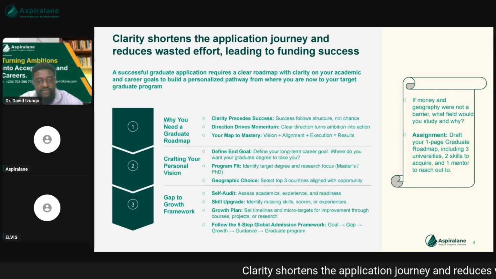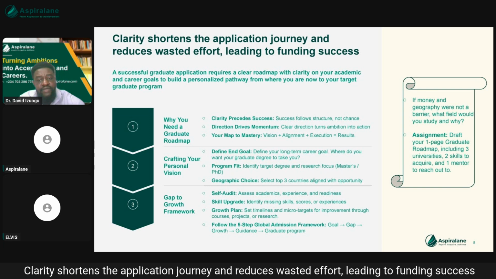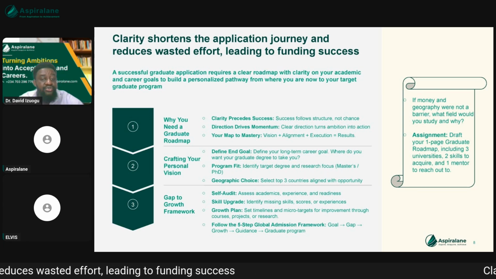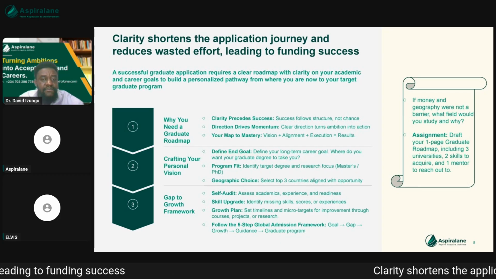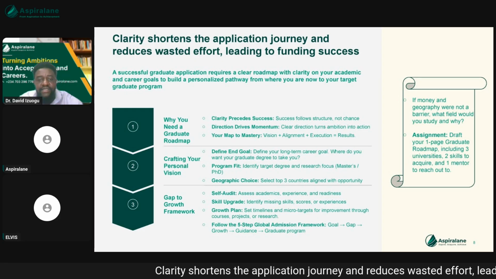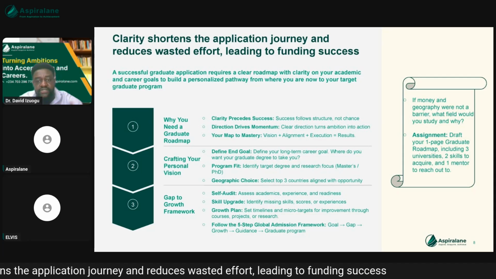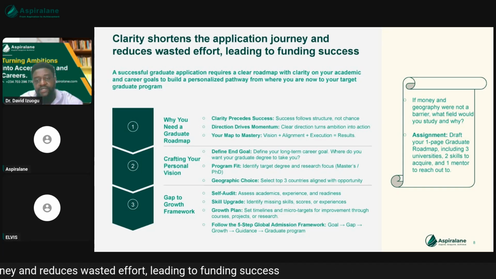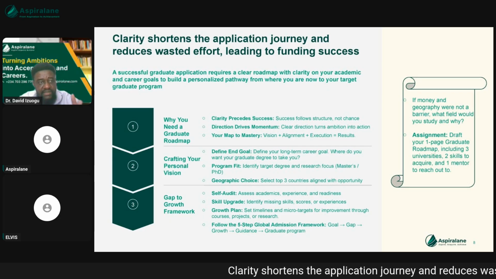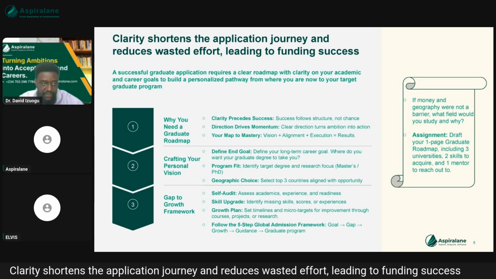So once you've identified them, they could be skills, they could be scores, it could be experience that you need to get. Then you do all you can to map out a plan, what we call the growth plan. Set a timeline, set micro targets, tiny bits of targets here and there. Could be 2 weeks, 1 month, 3 months, but in a space of time, before you know what is happening, you've been able to cover those skill gaps. And you move from someone who has a skill gap to someone who is now fully fit for the program of choice.